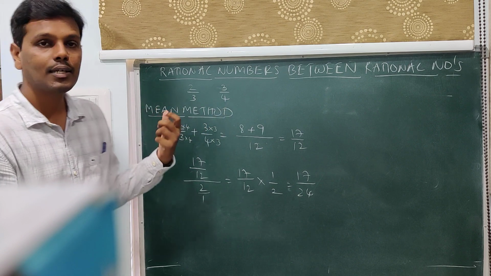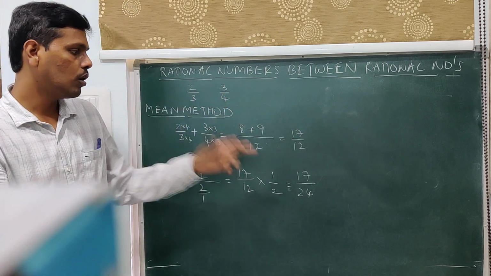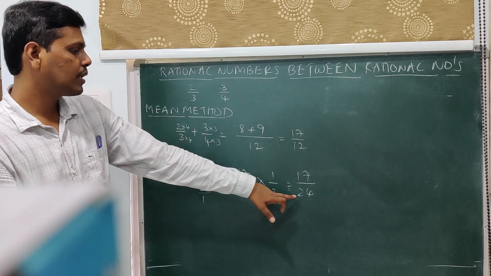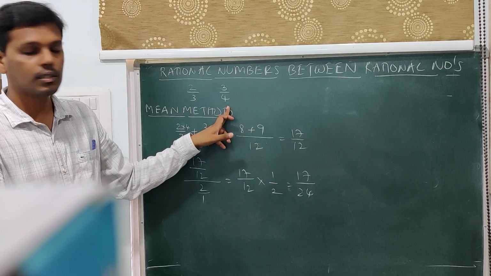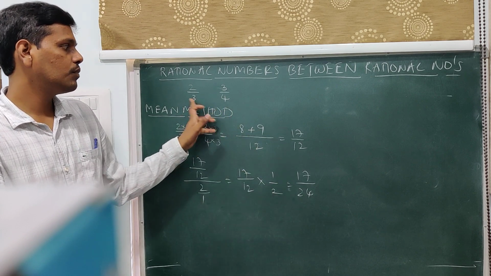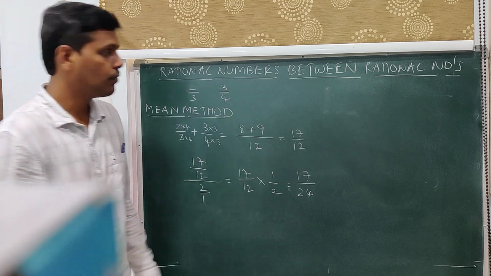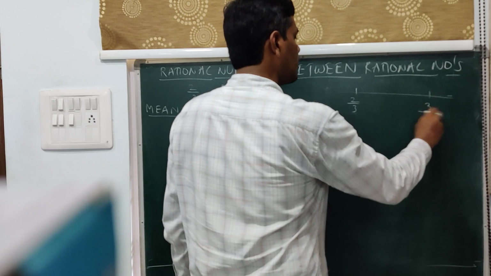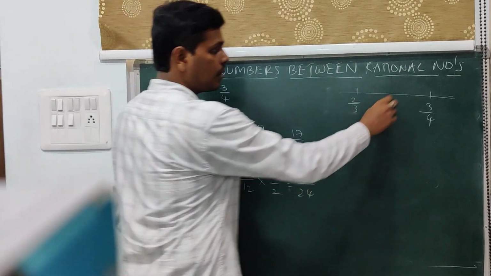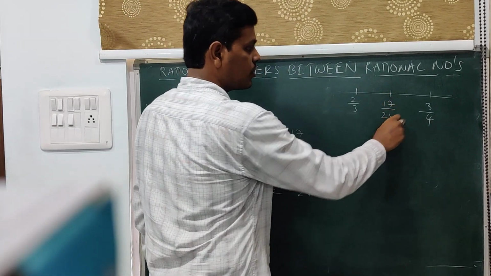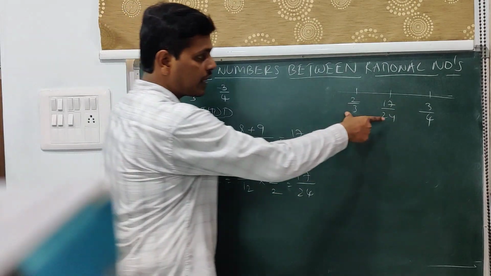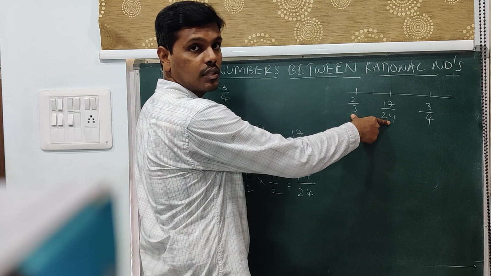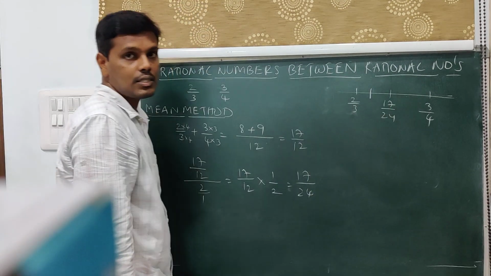Now the question is to find two rational numbers between these two. Already I have found one. For the next rational number, you can pick up this and either of these two. That is, take this number and any of these two numbers, and again calculate the mean. First suppose say this is the case, 2 by 3 and 3 by 4. Now you have 17 by 24, which is between these two. Now if you pick up these two numbers and calculate the mean for these two, that will give you a number which is between these two.